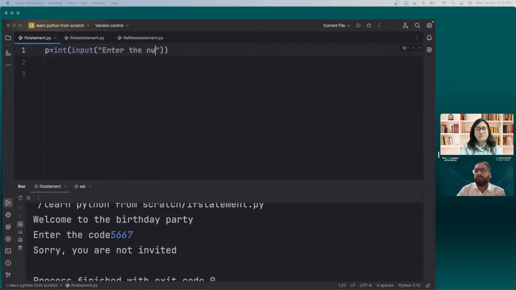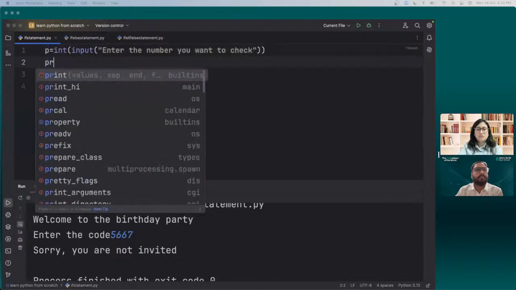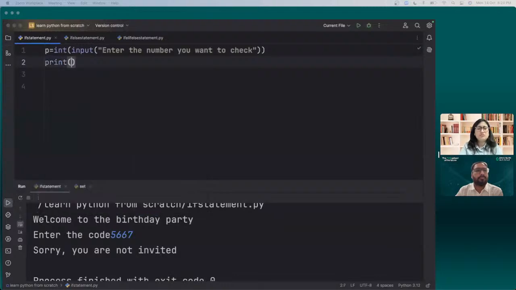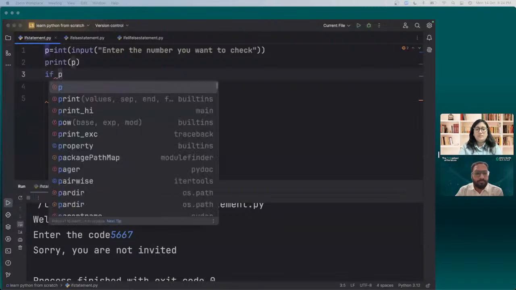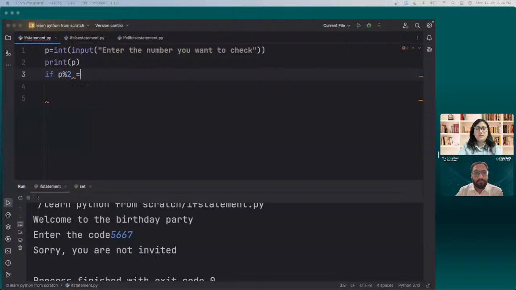Enter the number you want to check. And then I'm printing the number also, just for the sake of clarity. Otherwise, there's no need for this. So now, if P modulo 2 double equals to 0, that means it generates a remainder 0, then what should I do? I should print that the number entered is an even number,